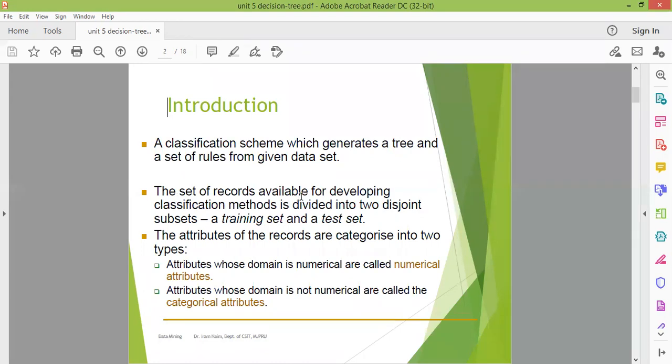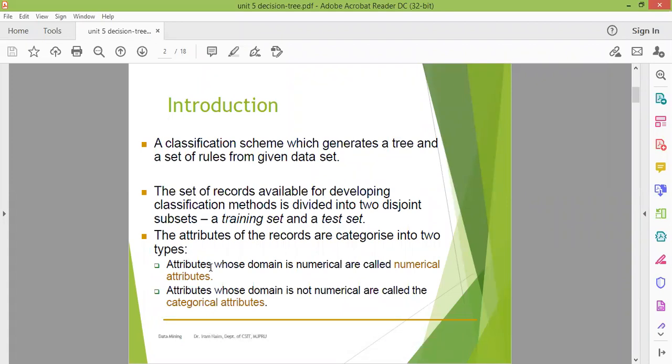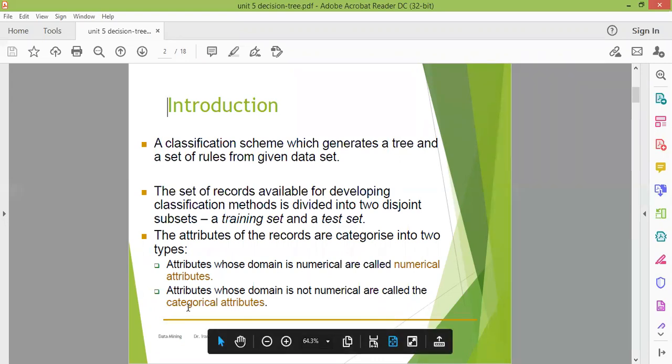The set of records available for developing the classification method is divided into two disjoint subsets: a training set and a test set. The attributes of the records are categorized into two types. One is the numerical attribute, which has numeric values, and the other is the categorical attribute, which doesn't have a numeric value.